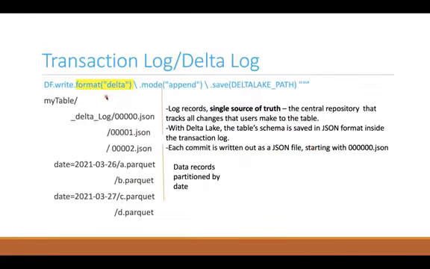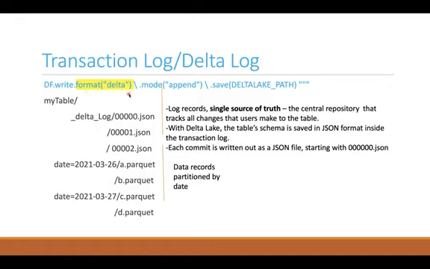So here we can create the delta table using the delta format, just as we discussed before. DataFrame.write.format("delta").mode("append").save, the path where we are going to create. That is nothing but the storage path. In case of the Azure Blob Storage, we can give the Azure Blob Storage path. So then the delta table will be created on Databricks on the top of the Azure storage.